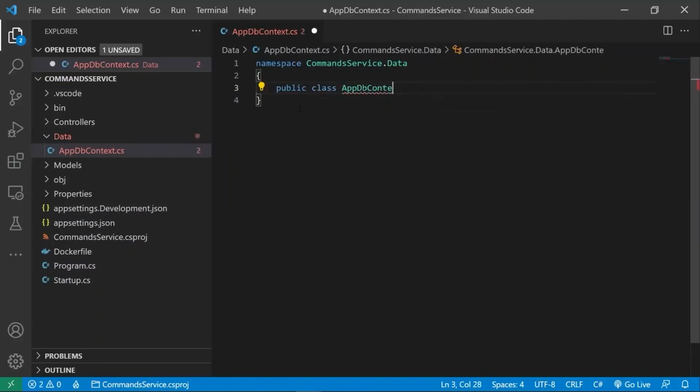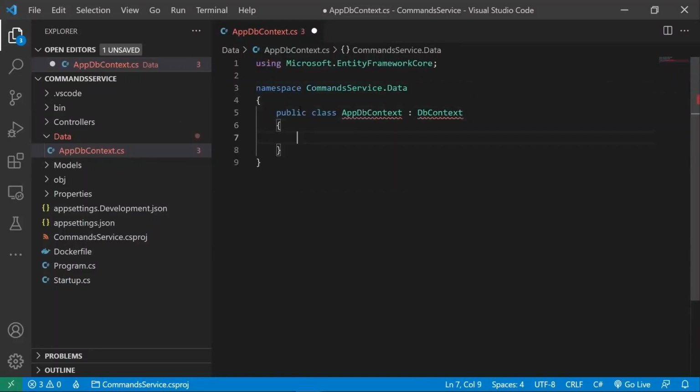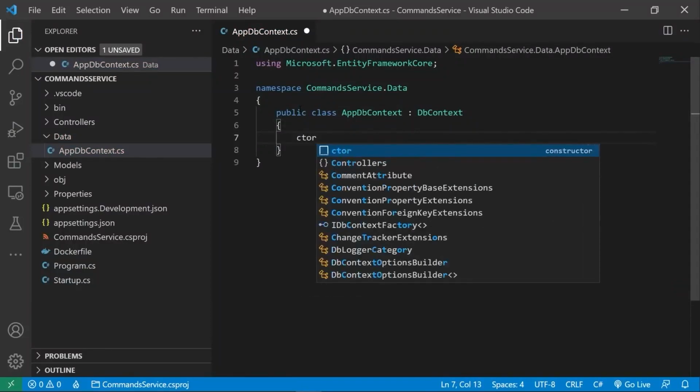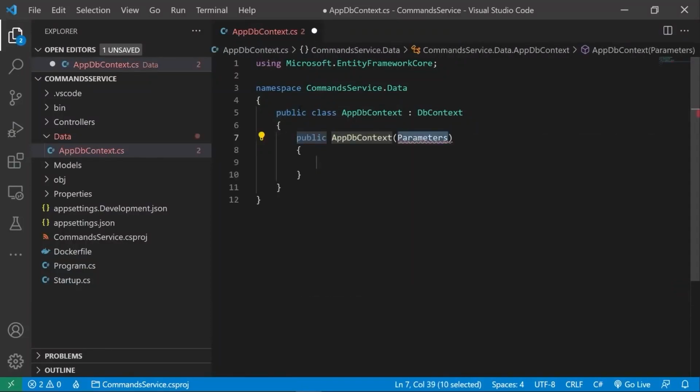and we're going to declare a public class called AppDbContext. And it's going to inherit from DbContext. And we'll bring in that namespace with Control period. And then curly brackets. We then want to declare a constructor, so ctor, tab into this,